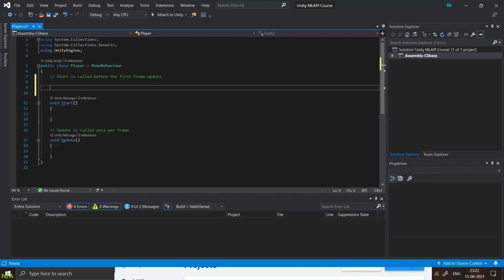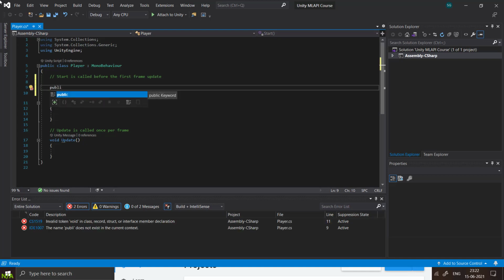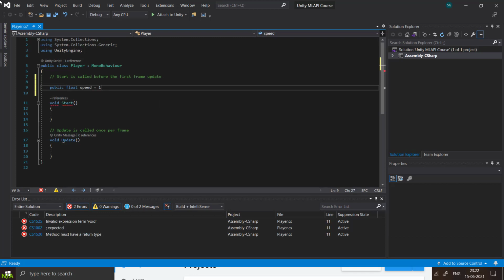First we will create a variable called public float speed equal to 10f. This will be the speed of the player that we will be using.